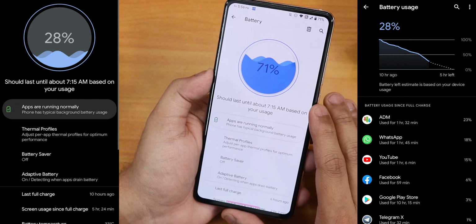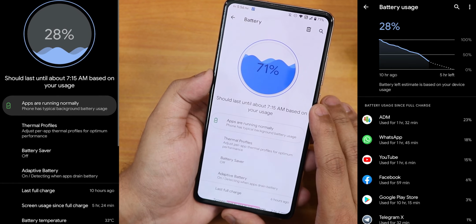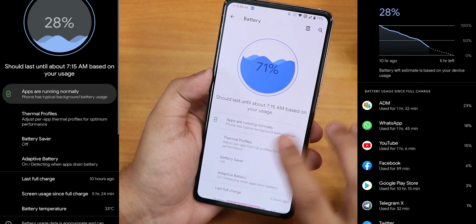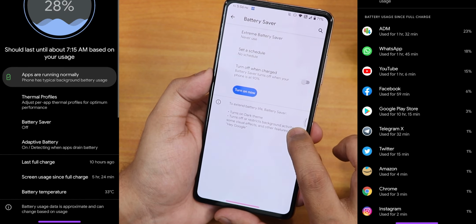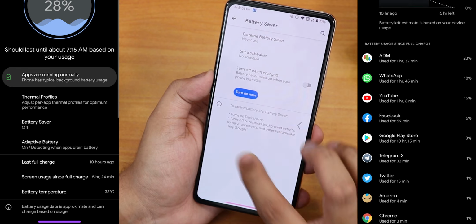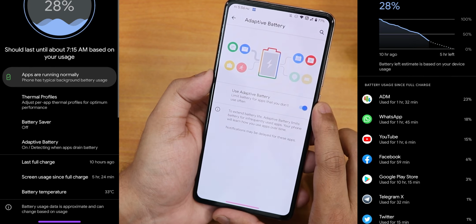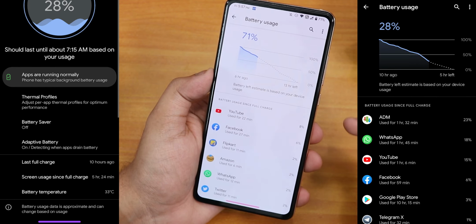Talking about the battery life, I have been getting really good battery life over here. I would say it is decent. And we also have the thermal profiles option. Then we have the battery saver mode and extreme battery saver and stuff, everything is there. Let me go back. We have the adaptive battery option, and if you tap here, you see the full battery